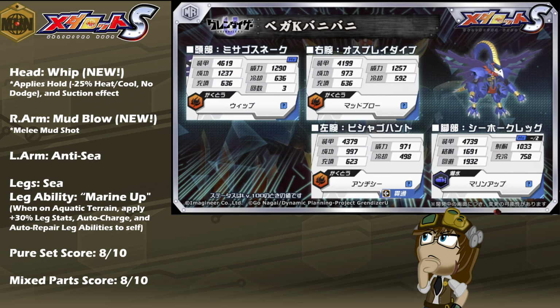So this means that while on aquatic-based terrain, your sea legs are already going to be getting the S rank anyway, but Vega-K's Marine Up already takes that a step further, where when he's on river or watery terrains, he's gone. You may as well not even bother trying to find him, because he is going to be out of there. With an additional 30% or more to all of his stats, auto charge for free CG fill every turn,